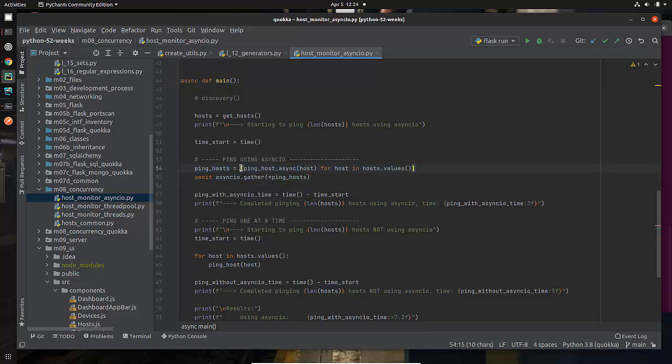Ping host equals, hang on to your hats here. What is this? Remember what we call this? This is a list comprehension. But this is probably a list comprehension like you haven't seen before. This part here is going to look pretty familiar. So I'm basically going to iterate through host.values. Remember, hosts is a dictionary of dictionaries. Every host is a dictionary, and my thing called hosts, which I got back from the discovery process,